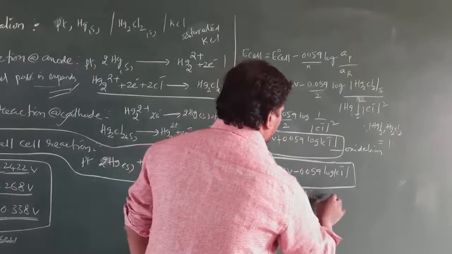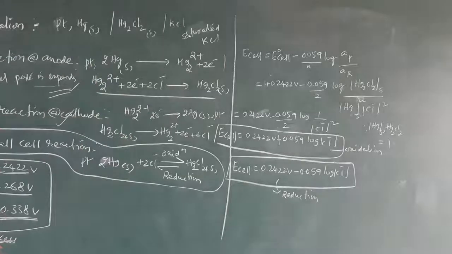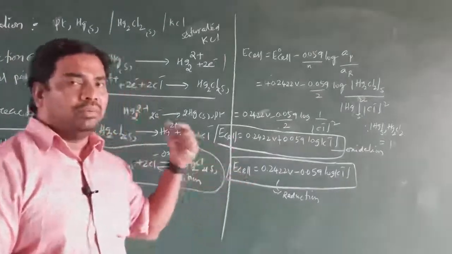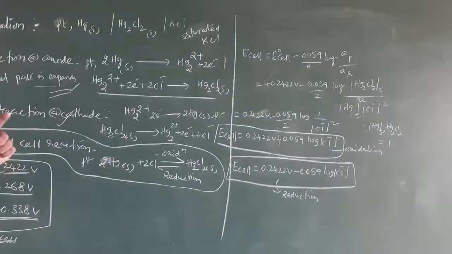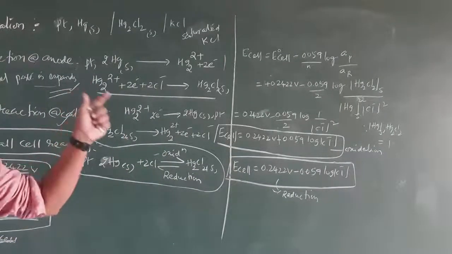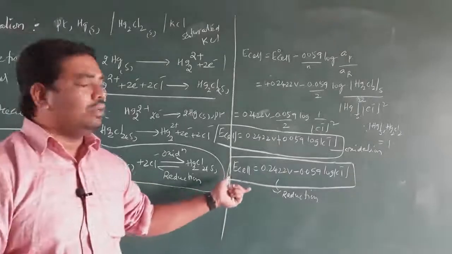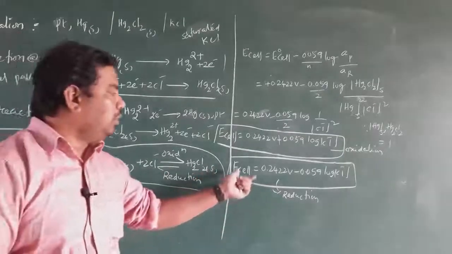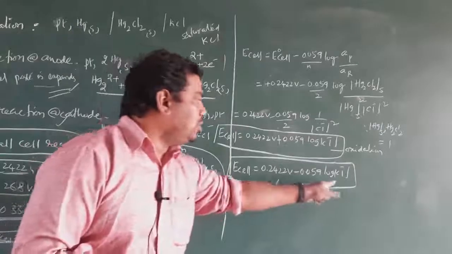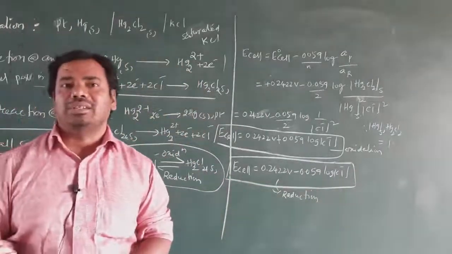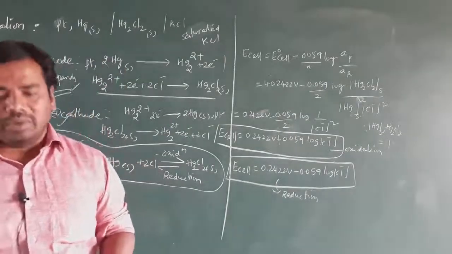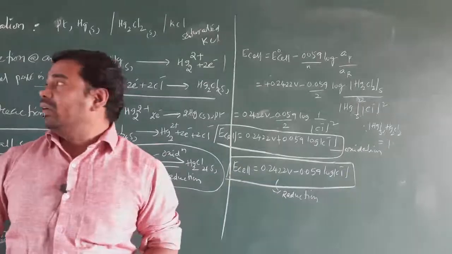So from these two equations, it is possible to calculate the concentration of Cl minus by using the potential difference between two electrodes. When the reference electrode is a calomel electrode, we can connect the reference electrode with any other indicator electrode. Then it is possible to determine the electrode potential difference. By using this potential difference, it is possible to determine the chloride ion concentration of saturated KCl or 1 normal or 0.1 normal. So that is very, very important. Okay, clear student?